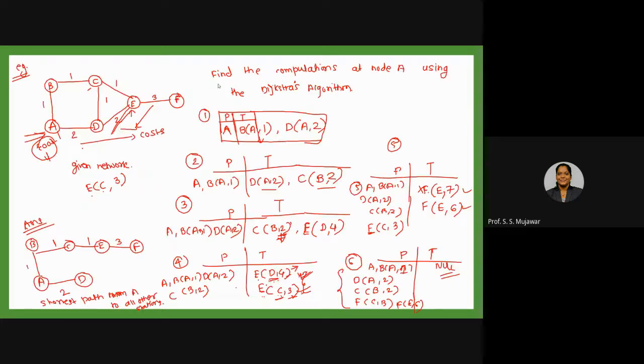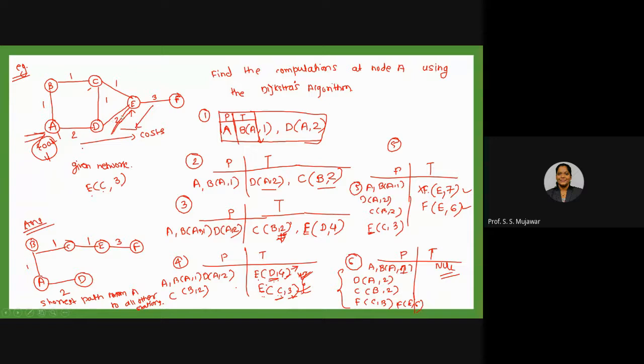So in Dijkstra's algorithm, in the last lecture we discussed this example in which the network is given like this: A, B, C, D, E, F. These are all routers. The cost to reach a node is also given on each link, so these are the edges. On these edges, the value is written. That value is nothing but the cost to reach that network or node.